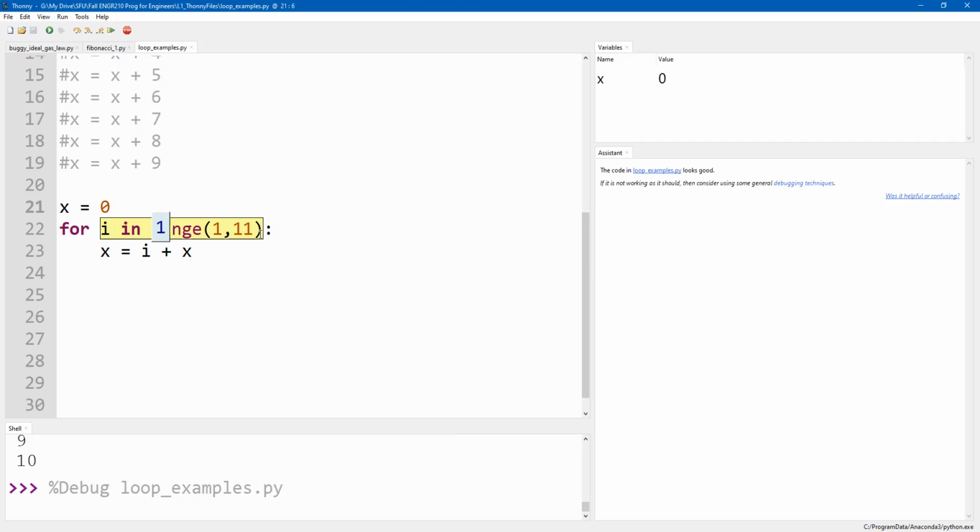Okay, I'm still less than that n number. I'll run whatever's in the loop. And when you're done, you come back up, say, okay, now I'm 4. Okay, I'm still less than 11. Okay, go through the loop. Okay, I'm 5, still less than 11. Again and again until it gets back up here. It's I equals 10. Okay, I'm still less than 11. Go through the loop. Okay, I equals 11 now. Oh, nope, I'm at the end. I'm done. So you never run the loop with the ending number.